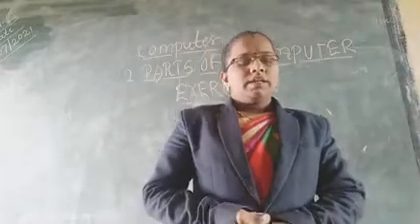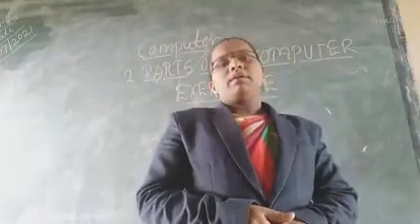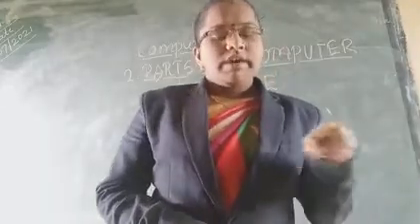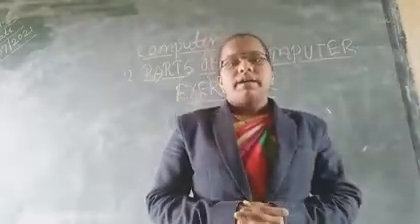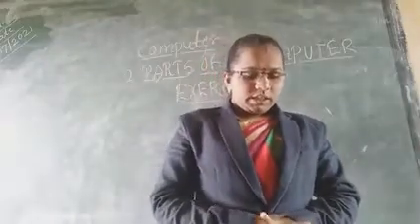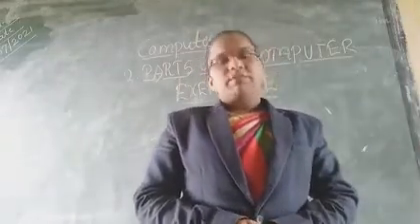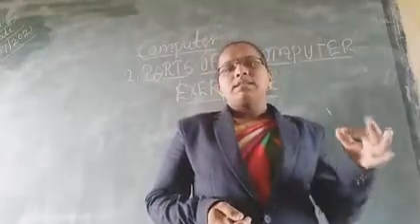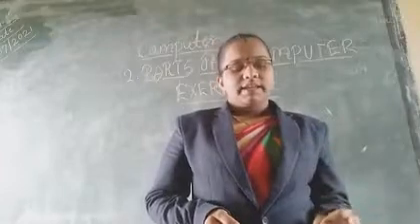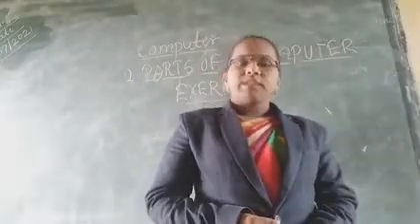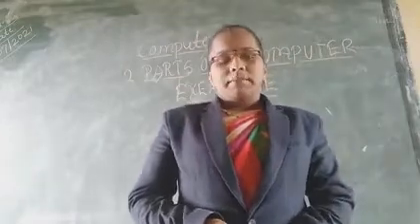My dear students, you know that the keyboard and mouse always give the input. So these devices are called input devices. The correct option is input. Question 3: the dash is the processing device. You already know that CPU means central processing unit. So the correct answer is CPU. Always write CPU in capital letters.